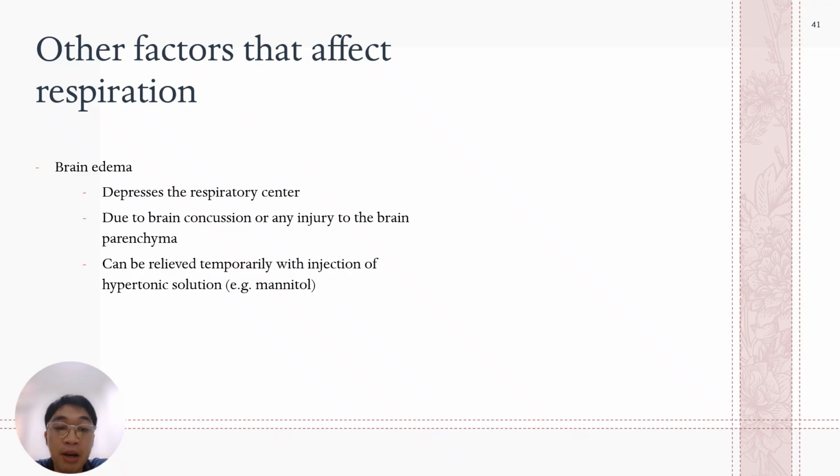Temporarily, you can inject a hypertonic solution known as mannitol. Why will you give a hypertonic solution? Because this is edema, there is too much fluid. A hypertonic solution has a very high osmolar content, especially sodium. Remember the dictum: where sodium goes, water follows. So it dehydrates the brain, bringing water out of your brain cells to be flushed to the urinary system. That is the purpose of the mannitol.